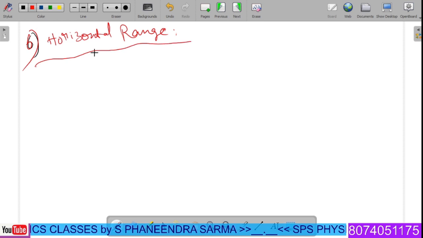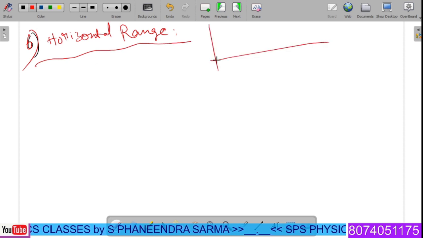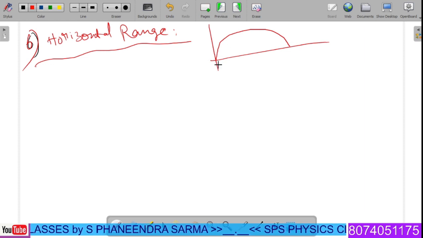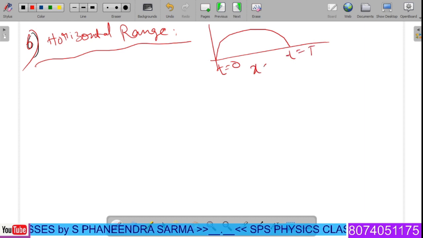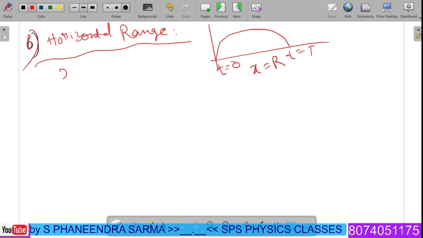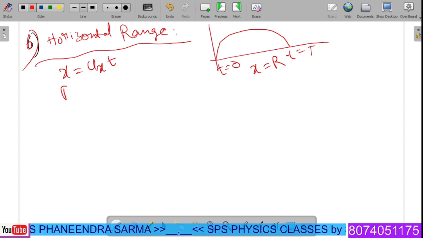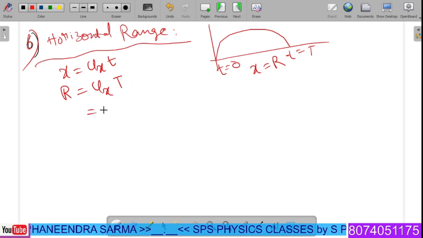What do you mean by horizontal range? When you consider a projected object, it goes a horizontal distance like this. That means in the total time from t equal to 0 to t equal to capital T, the horizontal distance becomes x equal to R. Therefore, in the very first equation, let us substitute the value. So x is equal to, already we know x is ux into t. Substitute here, you can write R is equal to ux into capital T, which is equal to,